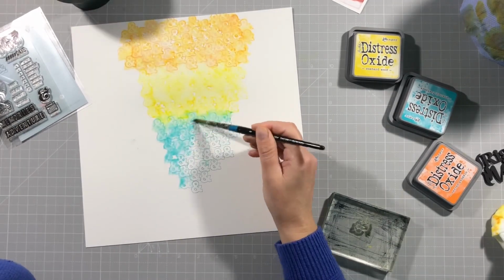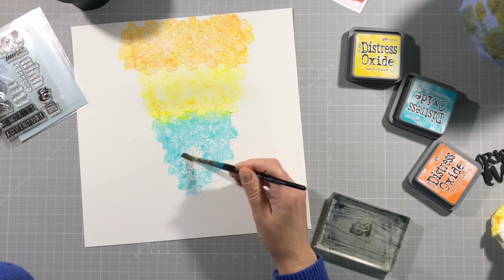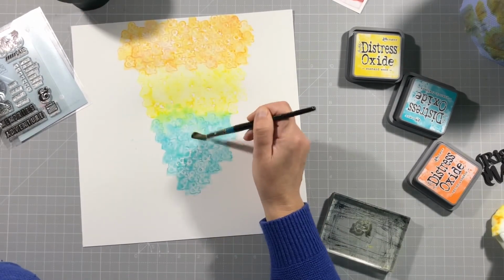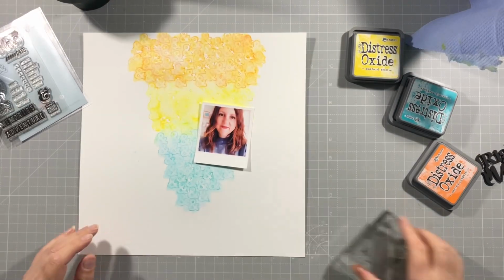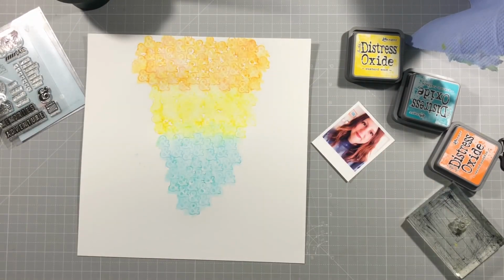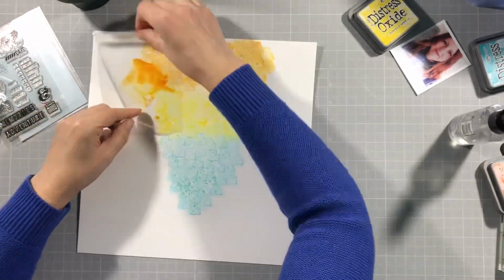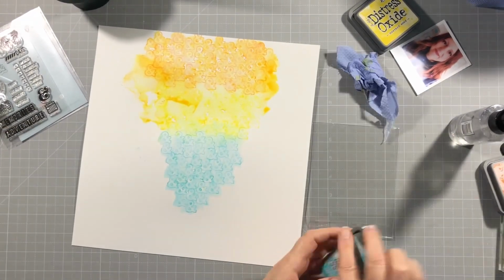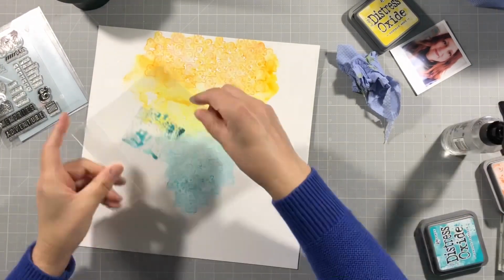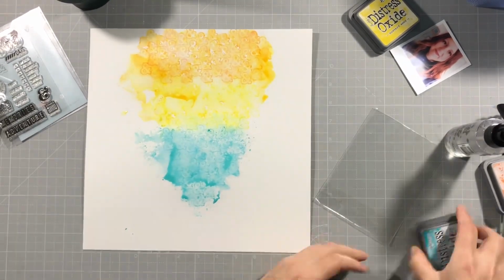So there's a small strip of green across there, but it didn't go particularly green. So I'm just smudging down the blue as I did before. There we go, paper towel again. You can see there's not really any green there, but I did try to smudge the two together. So what I do next is pull out some packaging, and I just use the packaging effect on the edges there, down the sides, just to make it a little less perfect shaped. I wanted it to look more random and